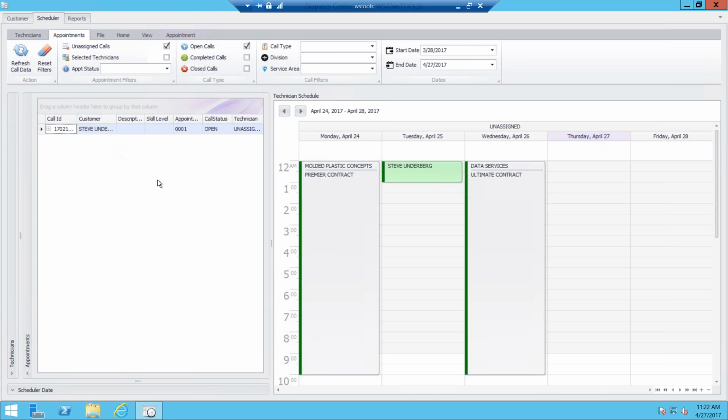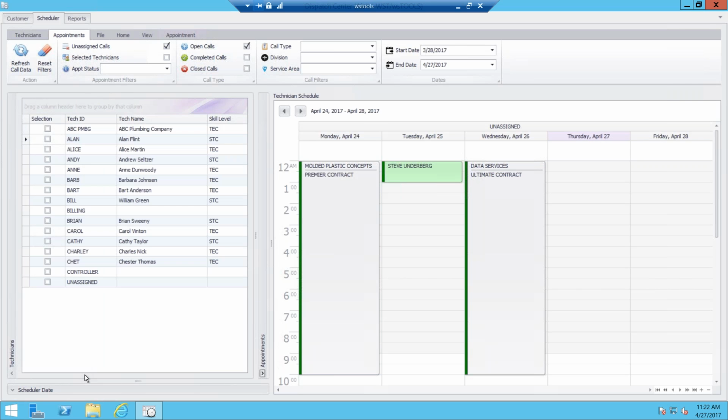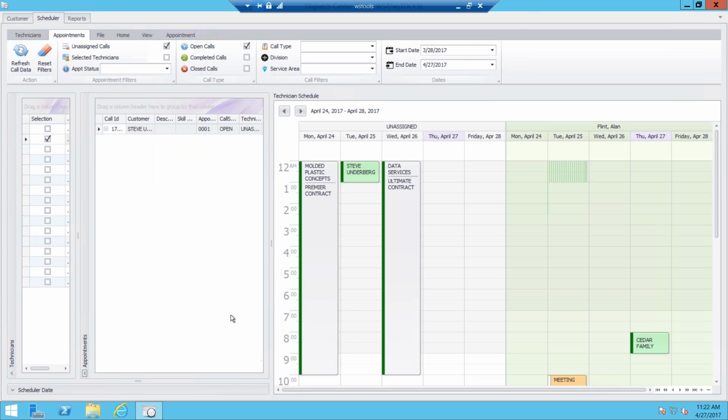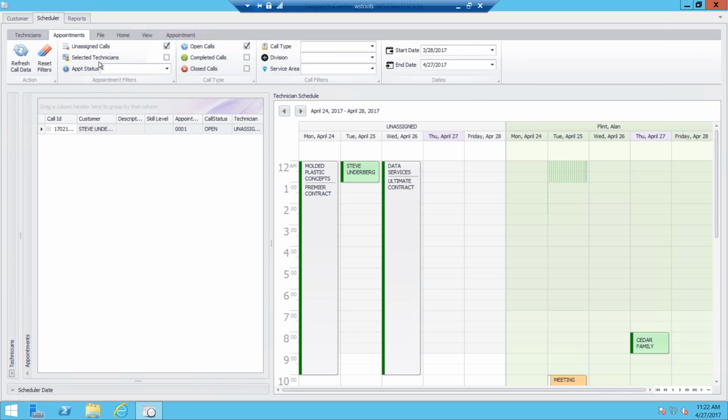Now, what we also found, however, is that this is a great view for people to take a look at what the technicians have done. So I'm going to go ahead and select a few technicians here. Well, let's just select. Let's see what Alan has done in the last time period, right? So I've selected Alan, and now I'm going to go back to my appointment view. Close my technician view here, and let's say I want to see all the completed calls that Alan did during a particular time frame. I can go ahead and select that, and now I'll see what Alan did during that